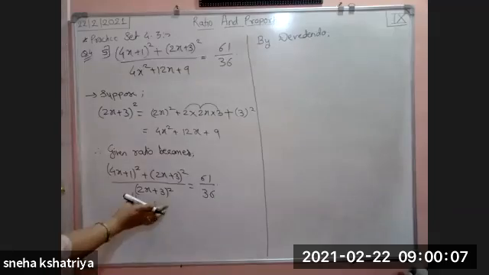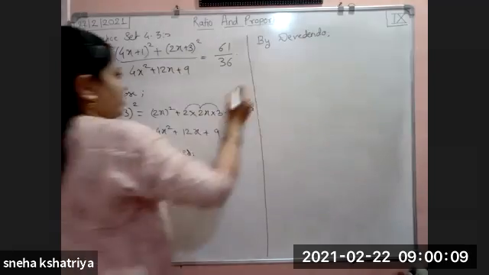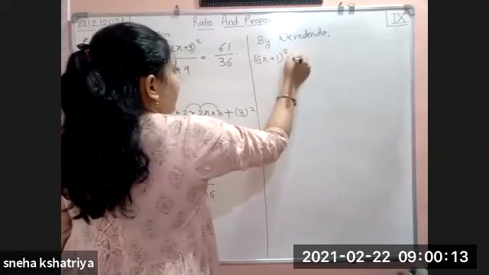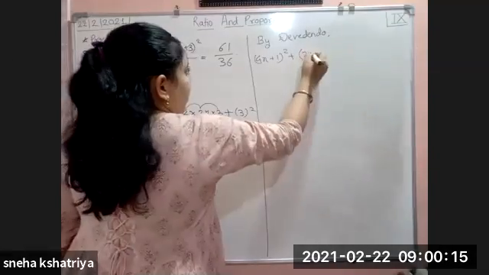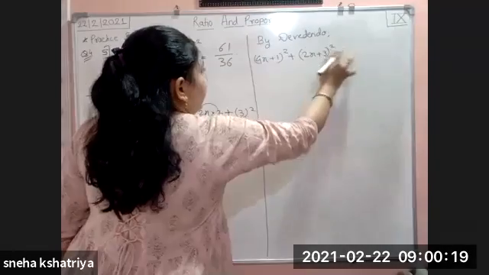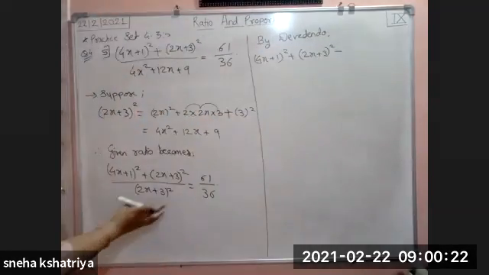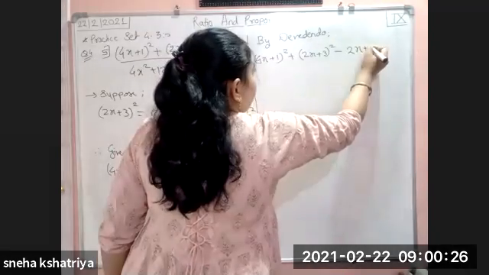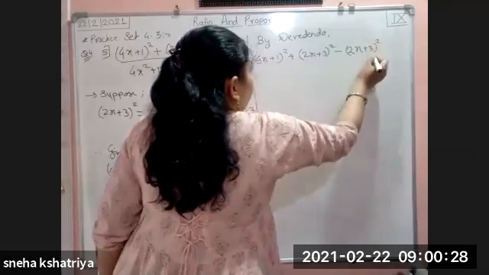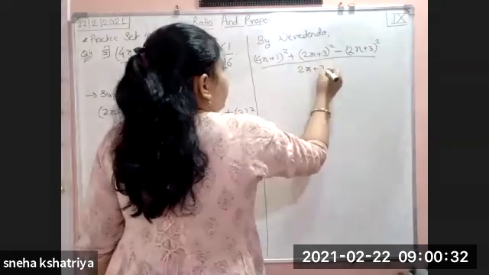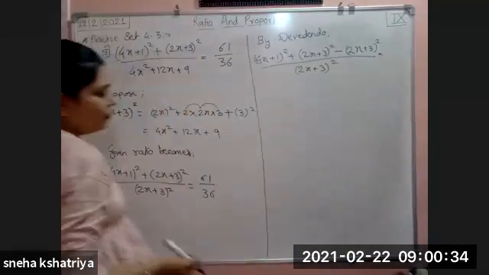Okay. Dividendo, subtract this term from the numerator. So what we will get? (4x plus 1) whole square minus (2x plus 3) whole square. Dividendo is there, so minus sign. Only a single term is there, so no need to write in brackets. Directly you can write down (2x plus 3) whole square. At the denominator it is as it is, (2x plus 3) whole square, which is equal to